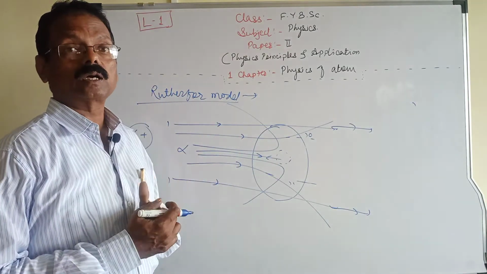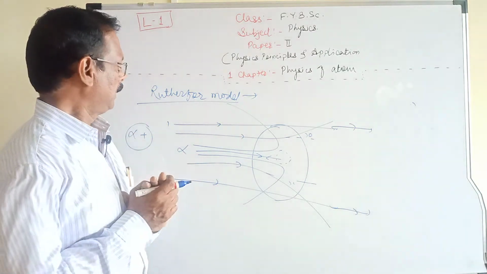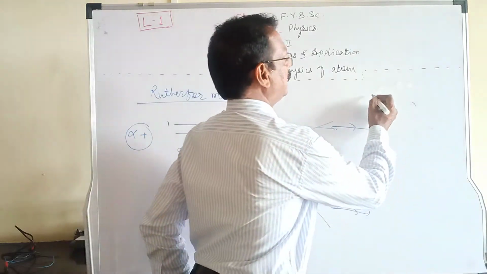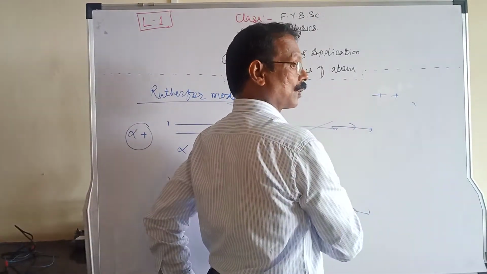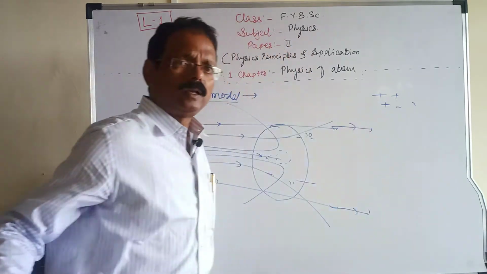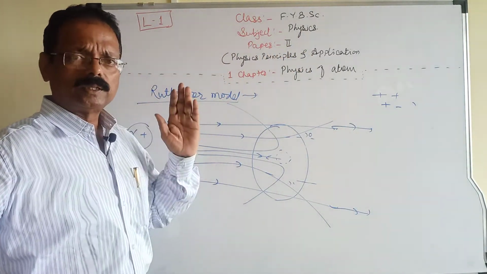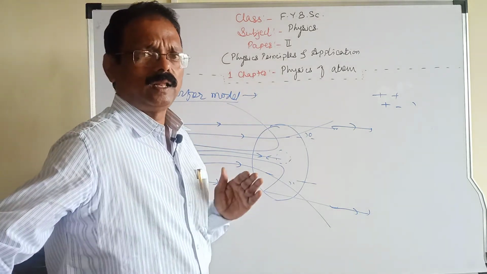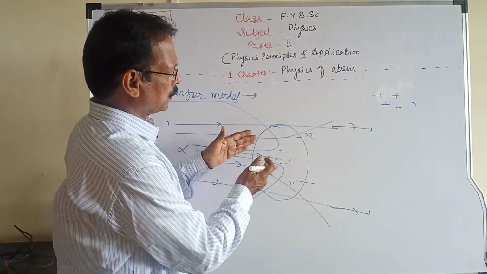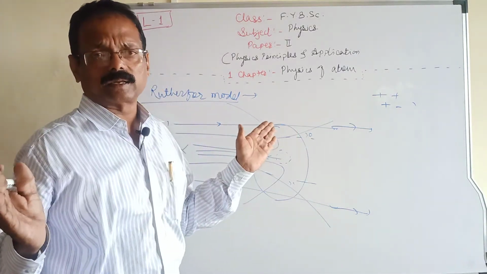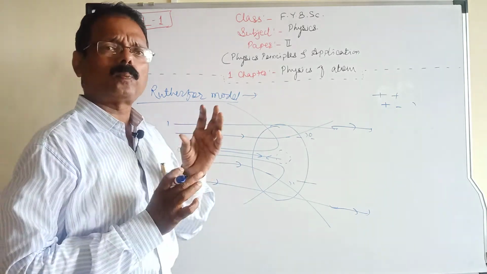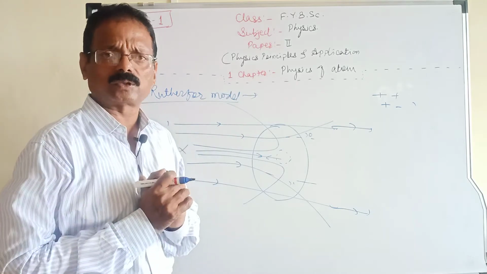Then we have to draw the conclusion from that. As we know, the charge of the alpha particle is positive, and there is repulsion between positive charges. Again, there is attraction between positive and negative. As those rays very close to the central portion deviated with a greater angle, we have to conclude that there is some positive material inside the central portion of the atom.